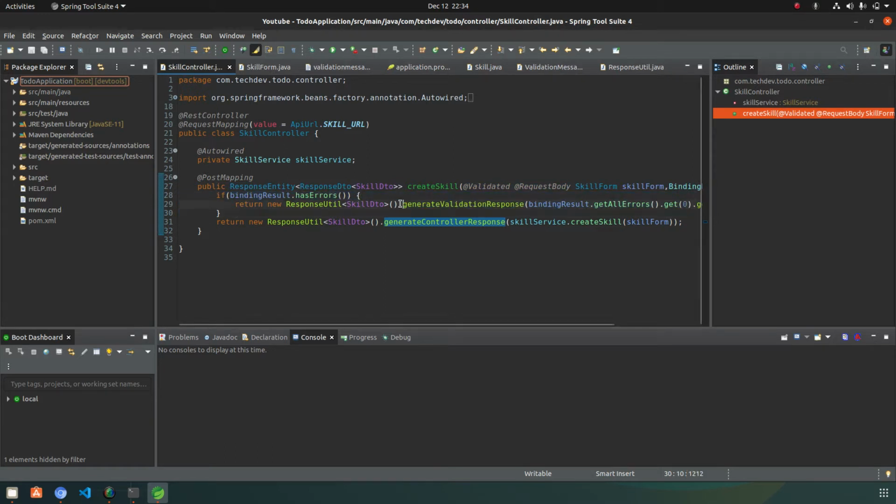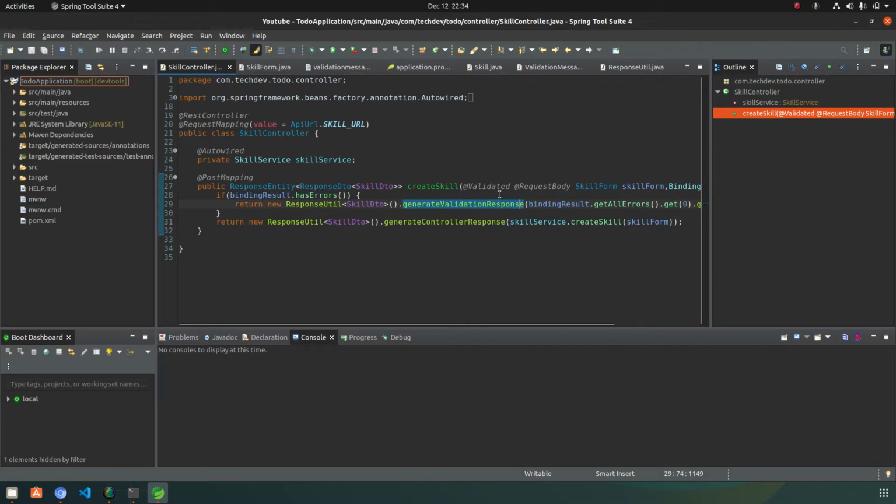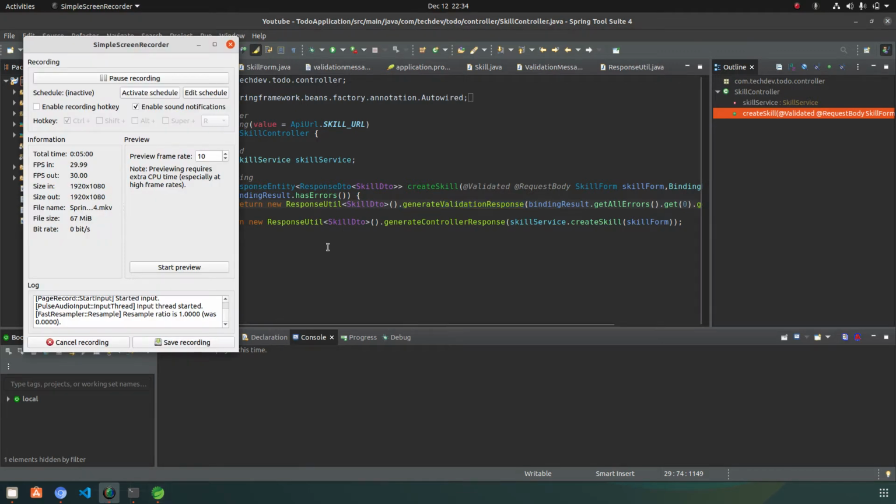The controller will just check whether the binding result has an error, and return that error message using your validation response in the response util method. You can even use your own way to return the response.